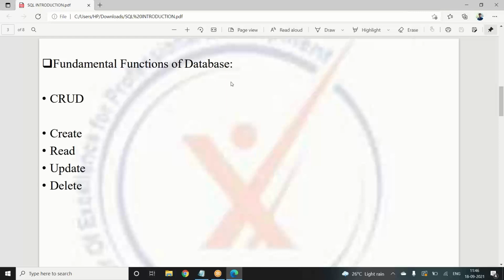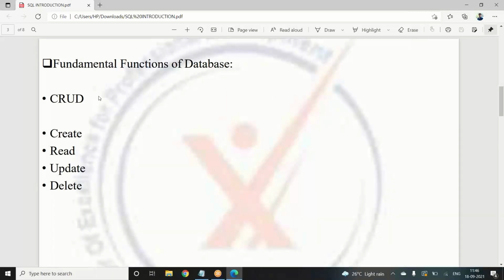When we are working on a database, there are four fundamental things that we need to have a look at. One is creating a database, and the second one is reading the database. Reading, in the sense, whatever data is present inside the database, if you want to just go through it without editing anything, that is what we call reading the contents in the database, or you can just say read. The third one is update. So we already have some set of data and we want to change it or update it. And then the delete option. Create, read, update, and delete. So these four are the basic fundamentals that we can do.